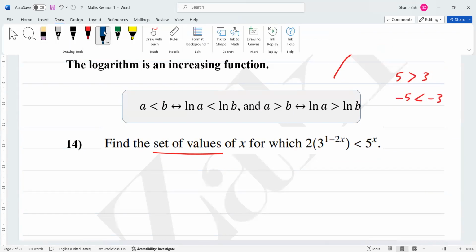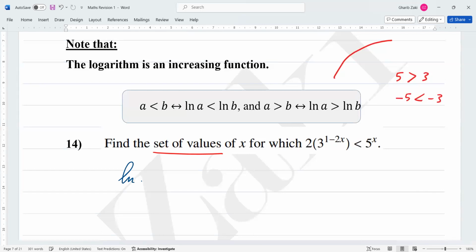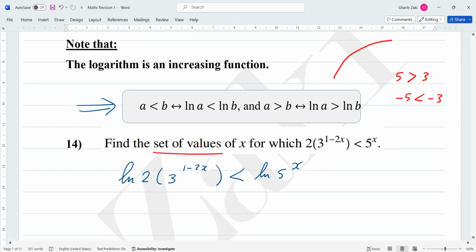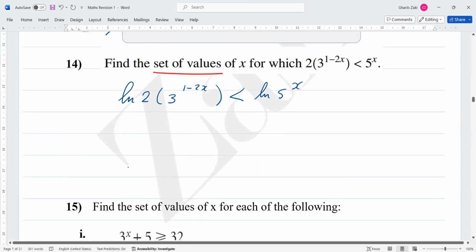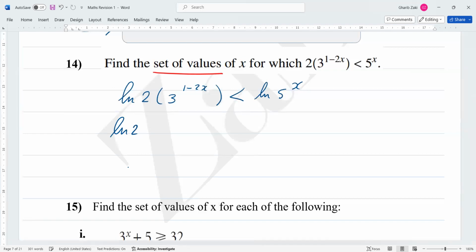Of course, we take what? Ln both sides. Then ln of 2 multiplied by 3 to the power 1 minus 2x is less than ln of 5 to the power x. This is the rule. You can take ln both sides in case of inequality because it is an increasing function. Now, simplify. How to simplify this? Product, it will be plus, then it becomes ln 2 plus ln 3 to the power 1 minus 2x,